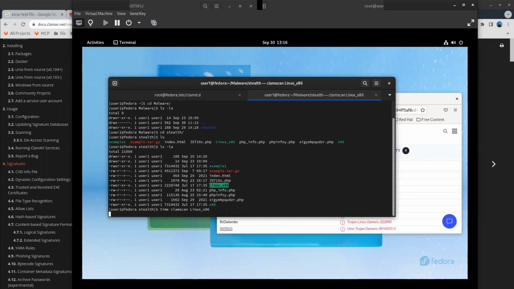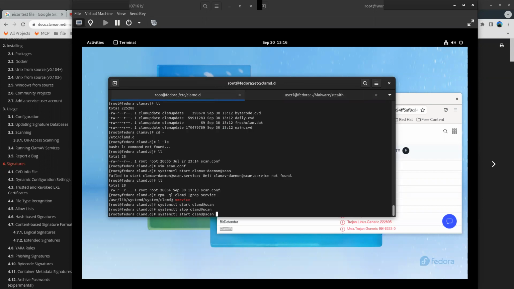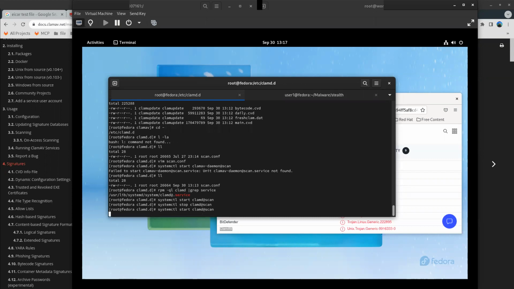So the service itself doesn't give you any extra detection capability, right? There's nothing special about detection. It's just faster. That took 12 seconds to run, right? We'll run the same thing through the daemon. It does take a little time to start up, by the way, so be sensitive to that. But we'll see that this will just bam hit it real fast. And the reason why that's good is the speed.